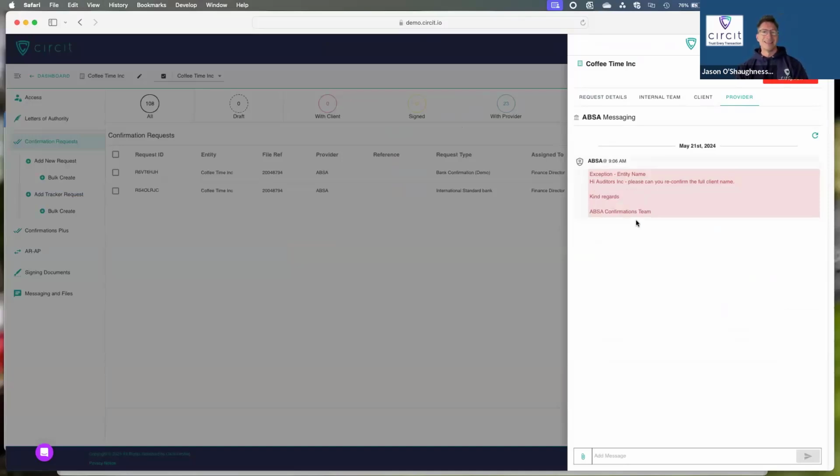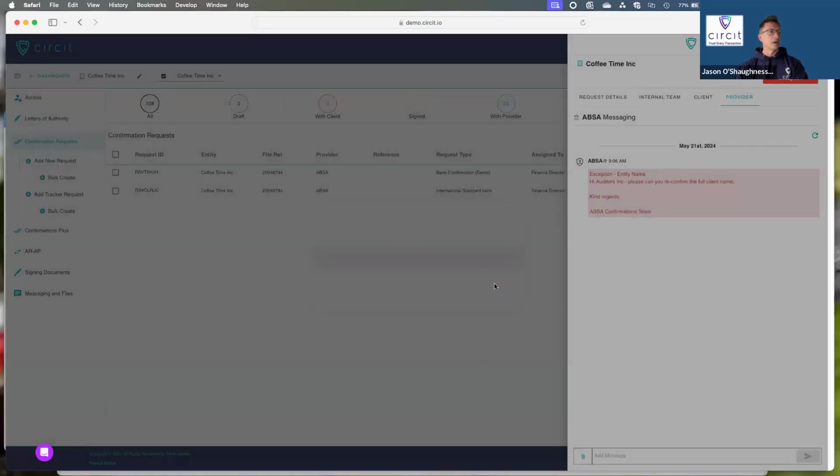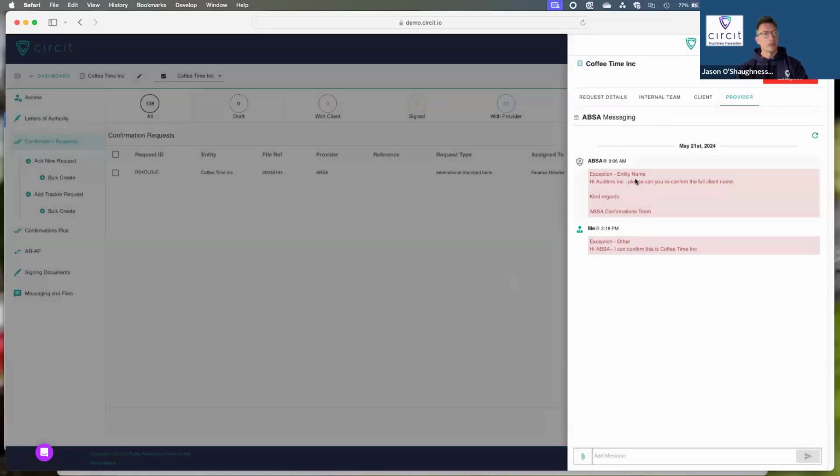But the key thing about this is that this request, because the provider has raised an exception, does not shut down this request. The request stays open until you've completed it, until you say, yep, I've got everything back. I'm going to complete this request. And in this example, I simply turn around and go, hi, ABSA, I can confirm this is Copy Time Inc. Send that message, reassign, and in the dashboard that ABSA might log into, this would be what